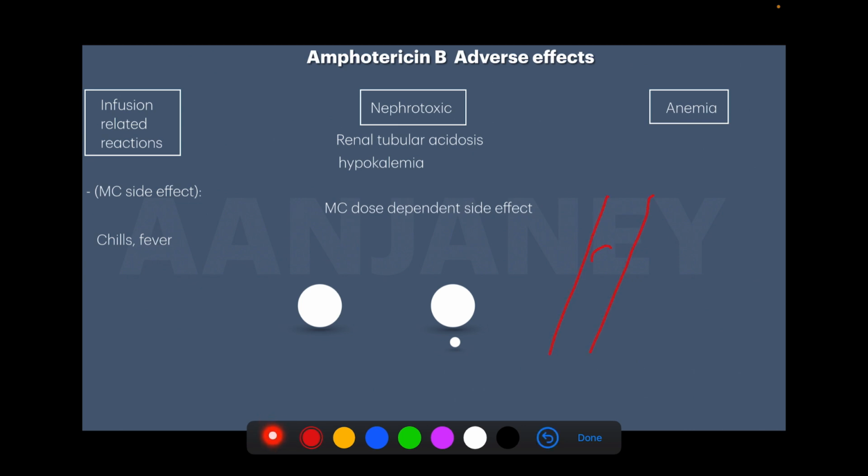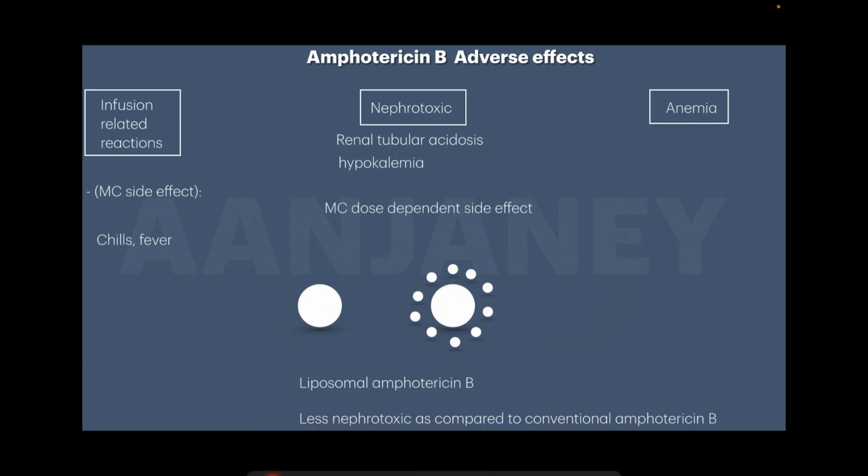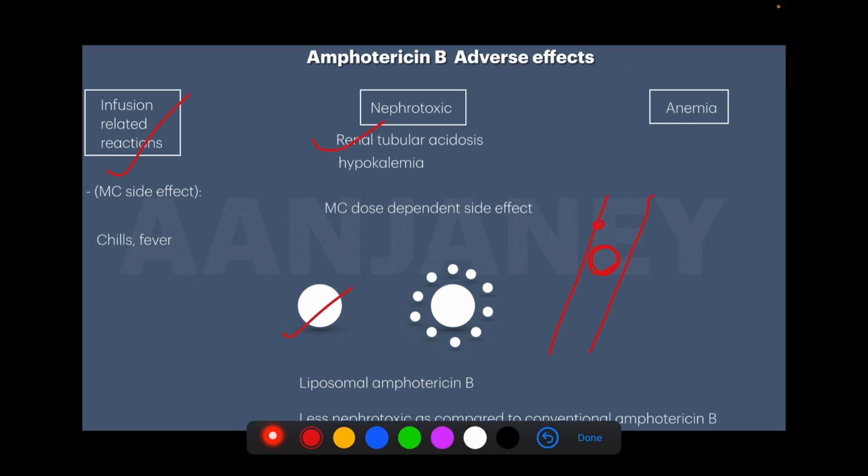Now, if this amphotericin B is exposed to this tubule, then it's going to cause damage over here, and all the side effects are caused. So what we did was we made liposomal amphotericin B. We made a cover outside amphotericin B, and this is liposomal amphotericin B. It is less nephrotoxic as compared to conventional amphotericin B. Done. So these were side effects of amphotericin B. First is infusion related reaction, then nephrotoxicity, and